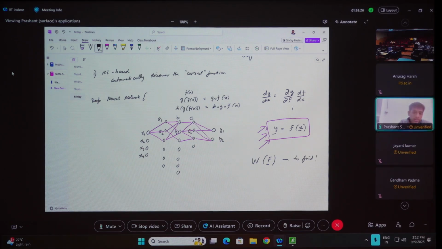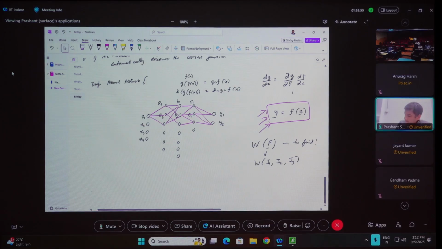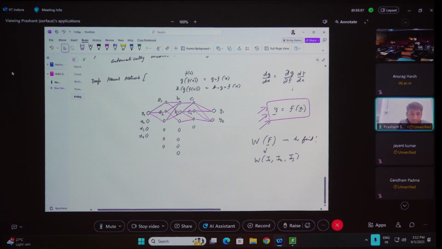And of course, you can apply the same logic to viscoelasticity and other complex problems, but let me start with the basic one. My goal is to find out what is the energy density function as a function of deformation gradient. And I also know that this is basically not a function of F, but a function of I1, I2, and I3. So what people would do is basically create a neural network like this,